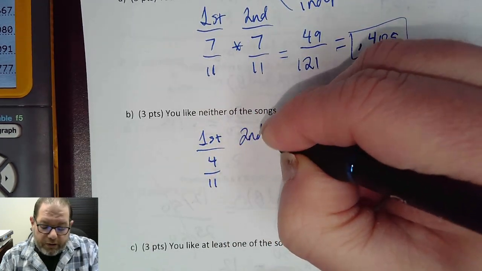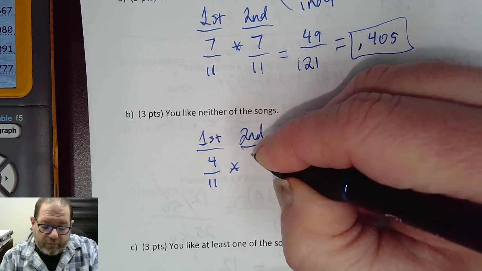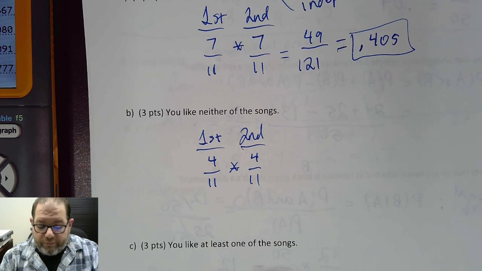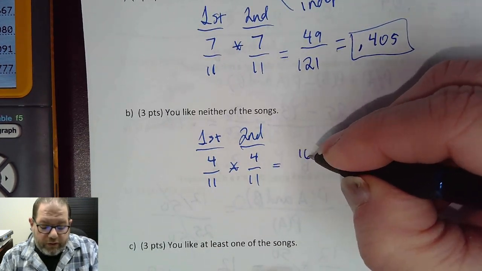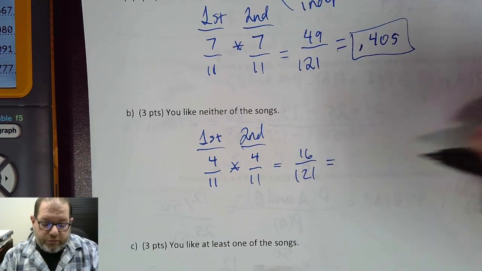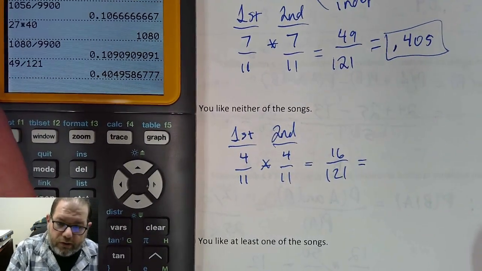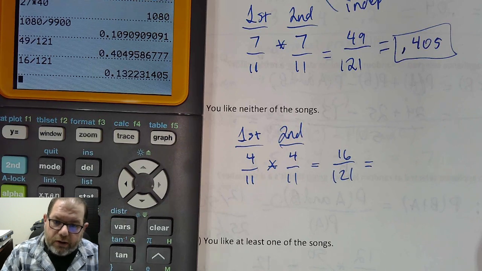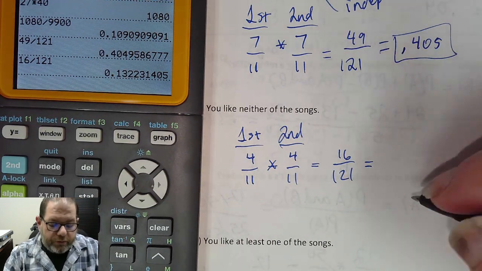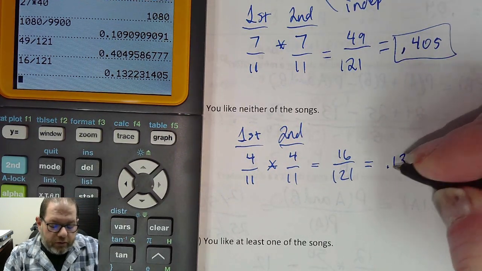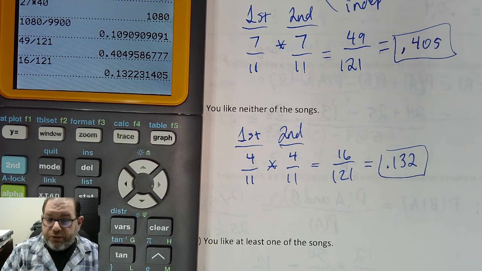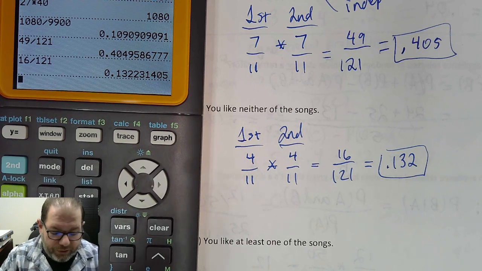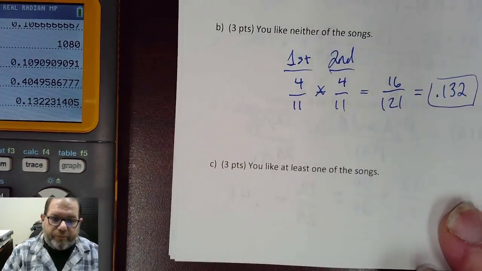And on the second play, same situation. Any of those 4 songs can be played again. And so 4 of 11. So 16 out of 121, and then we'll just go through and calculate that. 16 divided by 121, so about 0.132. So a little bit better than 13% chance that we don't like either one of the songs. We can just hit the next button. Anyway,